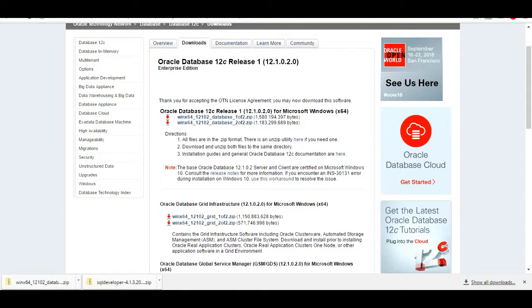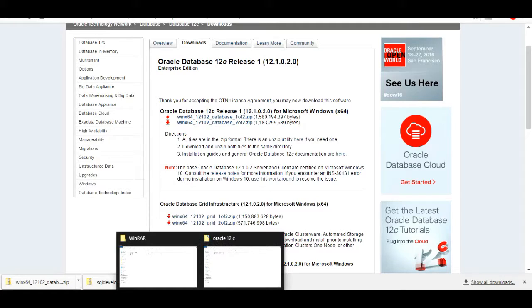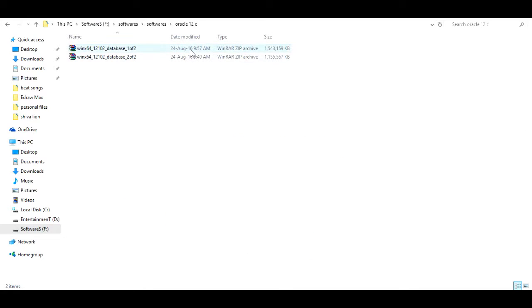Here you find it. Now I want to move to that folder, and these two are the Oracle database files. First I need to extract these two files.